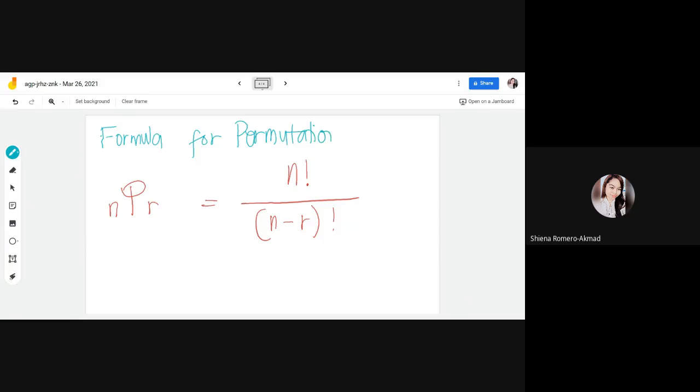Nakakaawa naman yung diba? Nakakaawa. Kasi